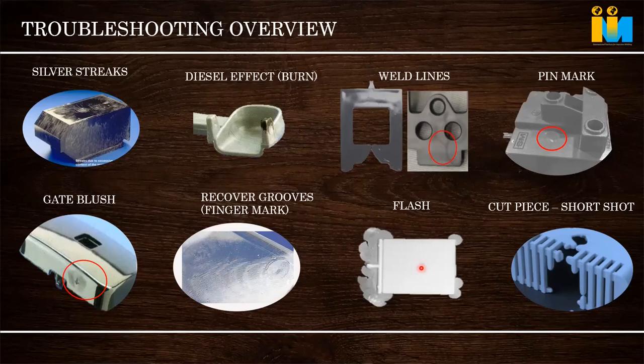Another issue is flash. It is a common issue. The material is overflowing the boundary of the cavity, and it will be a thin, copper-like formation. Next is a short shot. The part is not filling completely. Even if we exert pressure, it still doesn't get filled completely. Now I am just telling the names, and we will go deep into each and every one. Why it is coming, how to solve it, all the methods will be described.